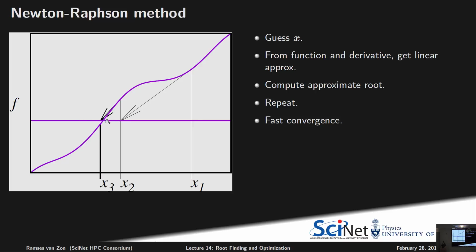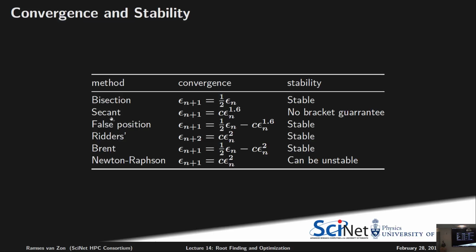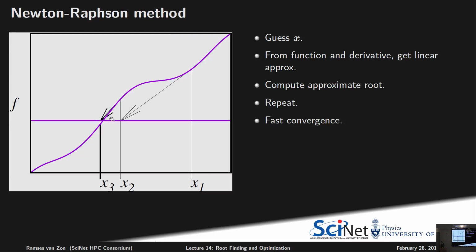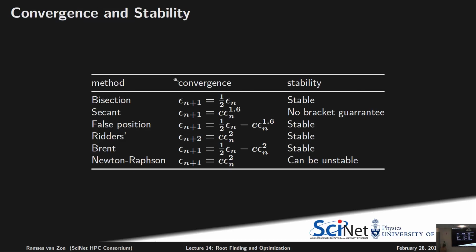Once you're near a root, this is basically done in no time. Sorry. So is that clear? So you're using again more information, right? You're using the point and its derivative. So those are two function evaluations. So it's a little bit more expensive, depending on how expensive the evaluation of the derivative is. And if you don't have the derivative, you don't have this. But just to sort of show the difference between the different